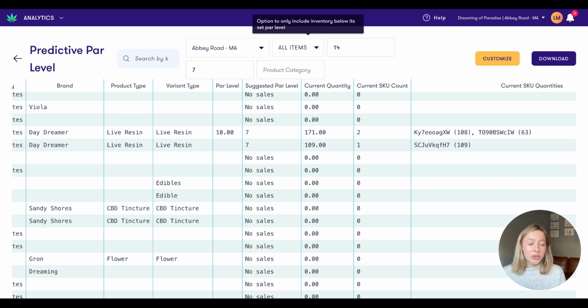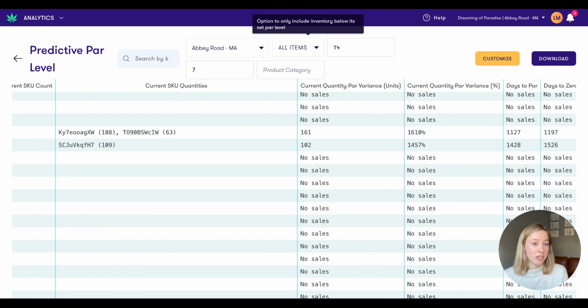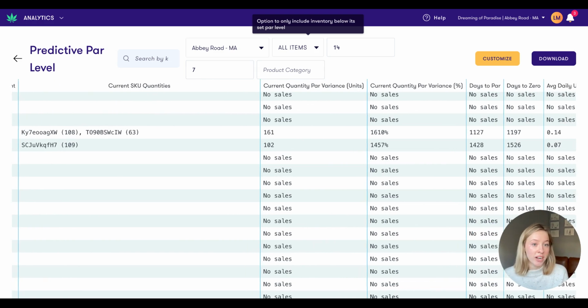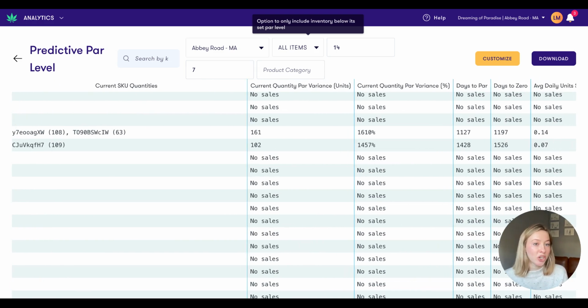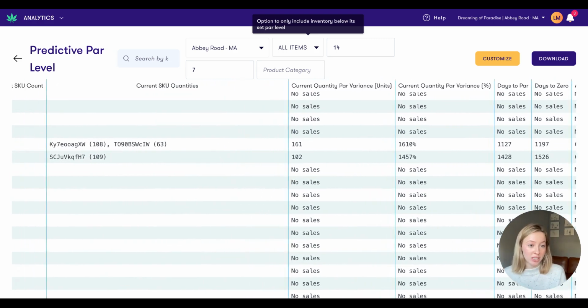Finally, you can use the predictive PAR level report to forecast some of the trends that might be coming over the next couple weeks at your dispensary. You can do this in a few different ways. First, in the report, we have options here for the per variance percentage of the current quantity, and we'll also show you the current days to PAR, or the days to zero that we're predicting based off of your current sales in